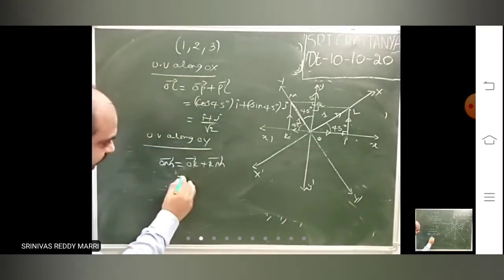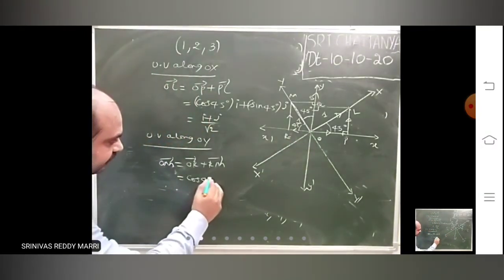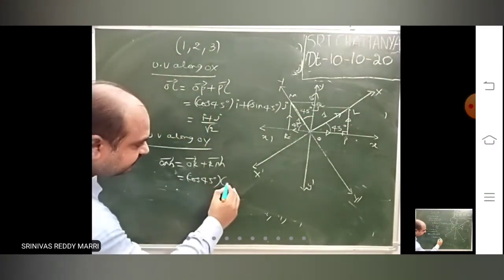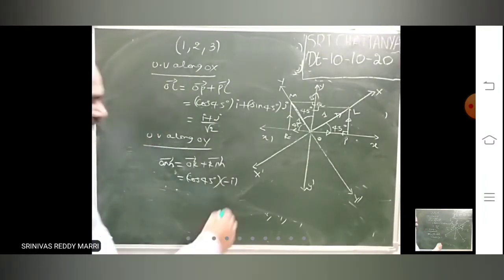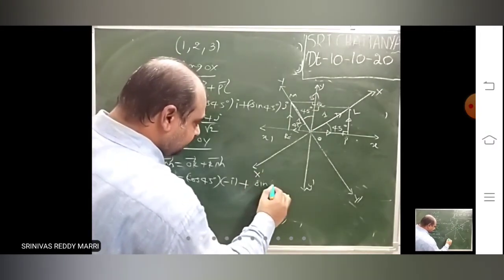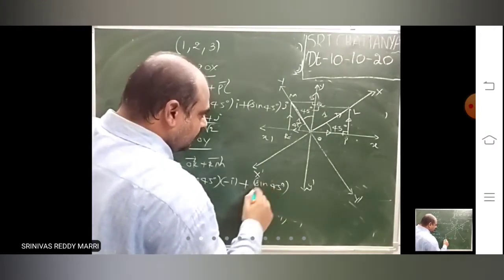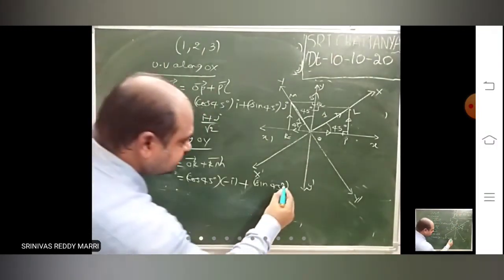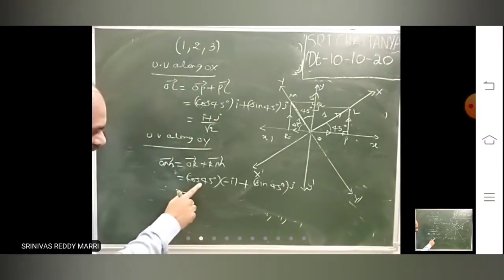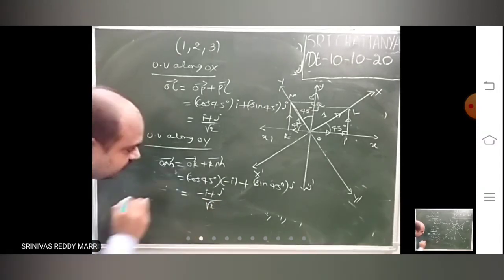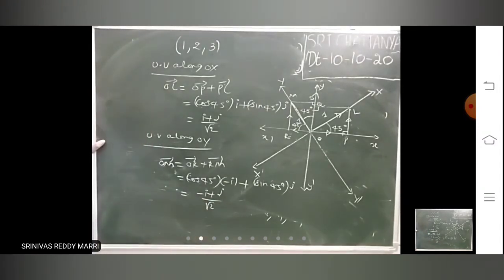Now this is 1, this is horizontal, right angle triangle, cos 45. So OR bar means in this direction unit vector, minus i. So this RM length is sine 45 into unit vector along that direction, into j. That means this is 1 by root 2 into minus i plus j divided by root 2. So now unit vectors you know.